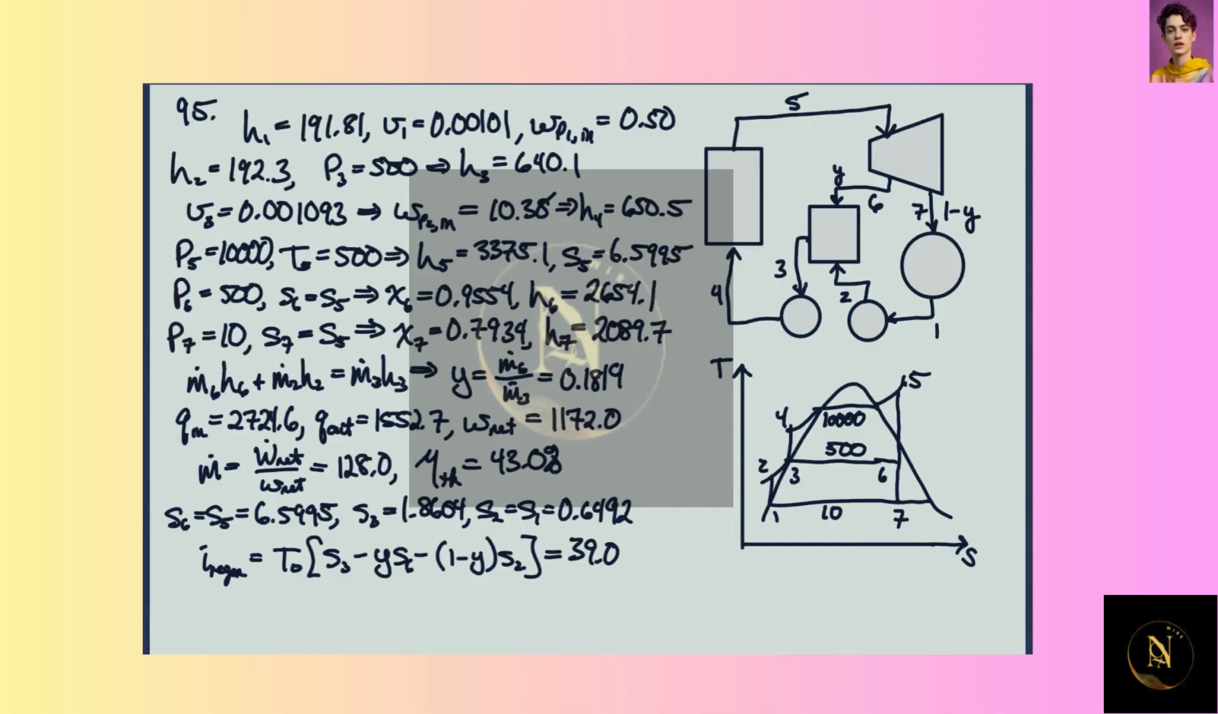previous problem. But now instead of going one step further and using the efficiency to find the enthalpy at 6 and at 7, we don't need to do that, because it's isentropic, we already have those. And so now we do the same thing, mass energy flow into and out of the feed water heater. And now we get